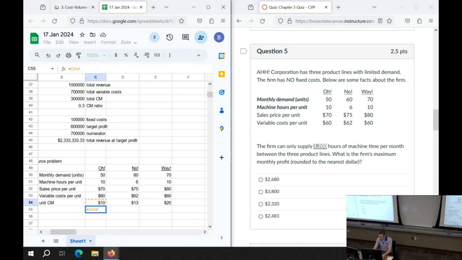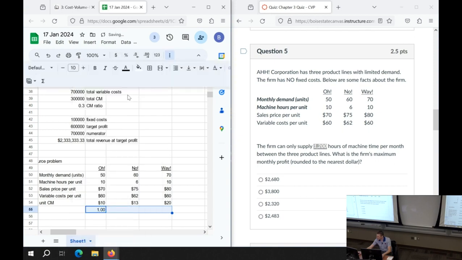We have to say, we get $10 per sale, but it consumes 10 hours of machine time. Wow, that is machine pricey here. Yeah, so per hour of machine time, oh, it is a dollar amount. Sorry, I got ahead of myself. This is the CM per unit of constraint, is what this is. It's not a really succinct or short term, but it describes fully what it is.